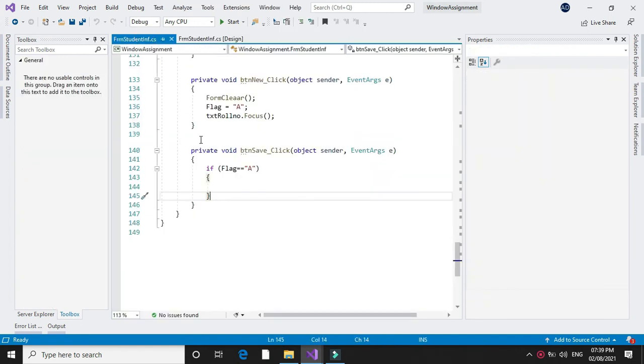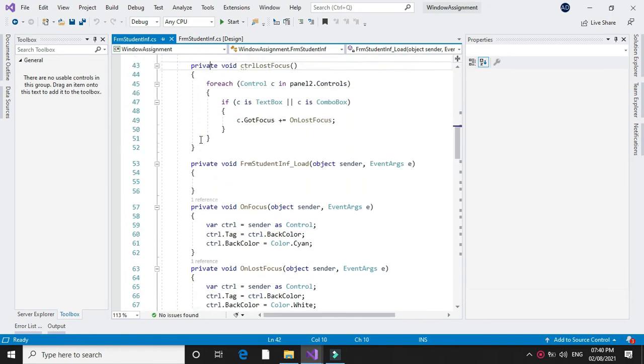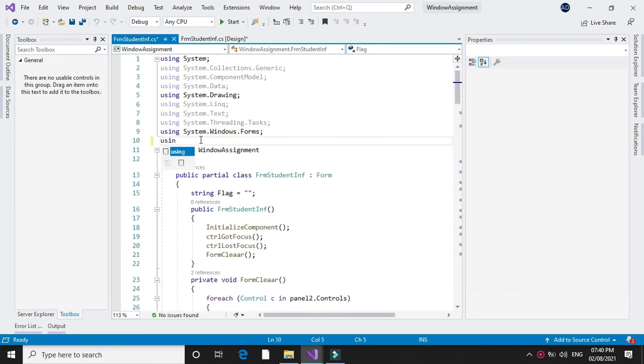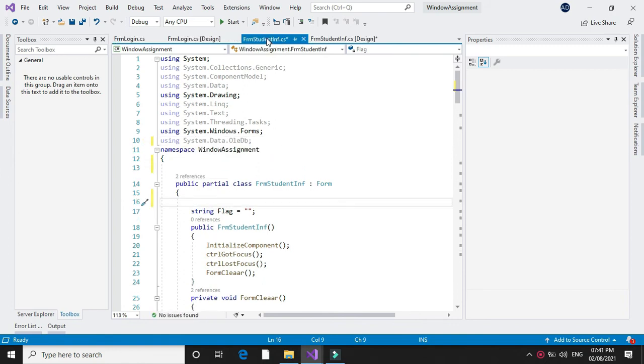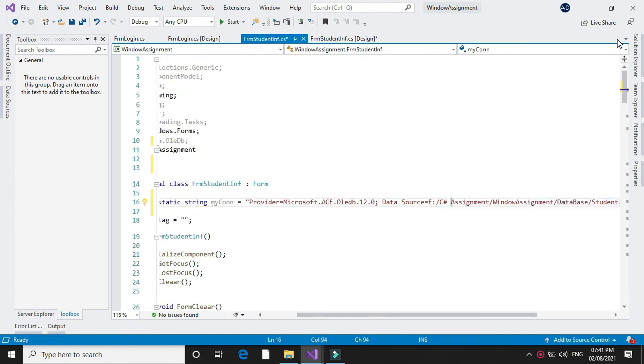Now we will see the connection to the database. For this we will import first System.Data.OleDb. First we will write a connection string with my connection. Here we provide the provider and the data source name.